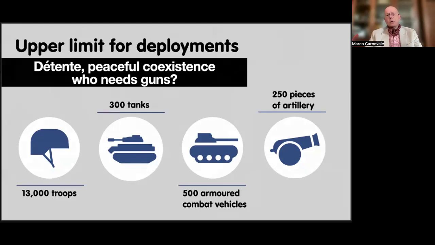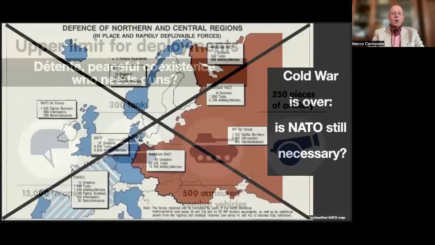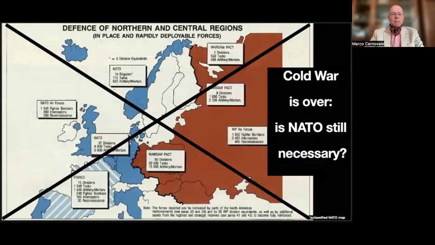And so NATO and the Warsaw Pact developed a treaty on conventional forces, establishing these limits that you see, so that both NATO and the Warsaw Pact would be allowed to have no more than 13,000 troops, 300 tanks, 500 armored combat vehicles, and 250 pieces of artillery. Well, the funny thing about this very nice arms control treaty is that the moment it came into existence, the signatories of this treaty disappeared. The Soviet Union, as we know, disappeared, and the Warsaw Pact itself was dissolved,